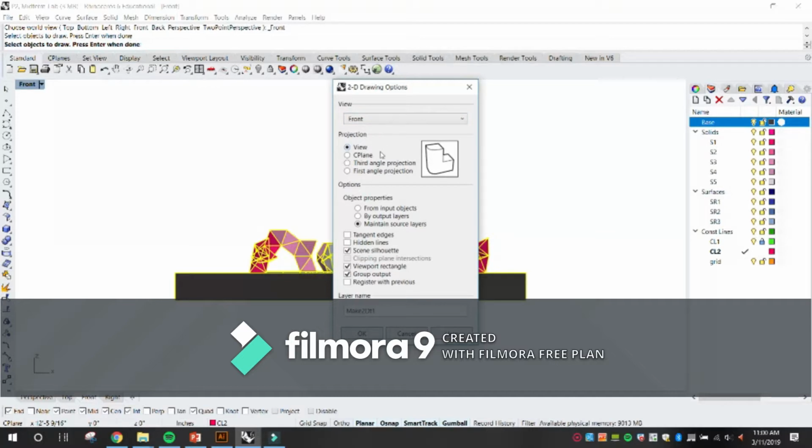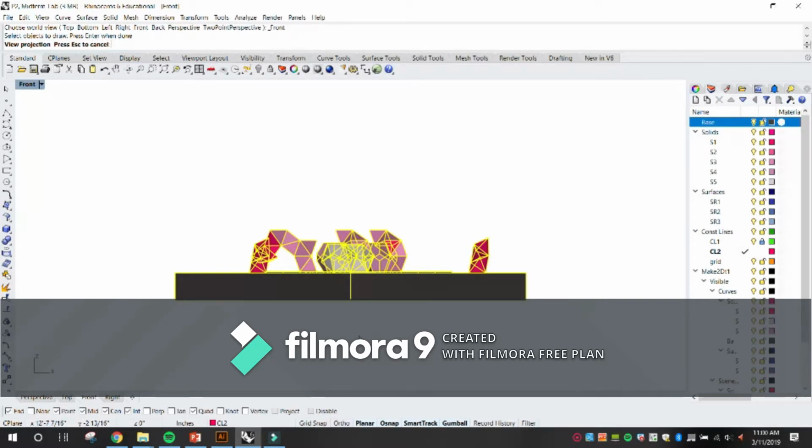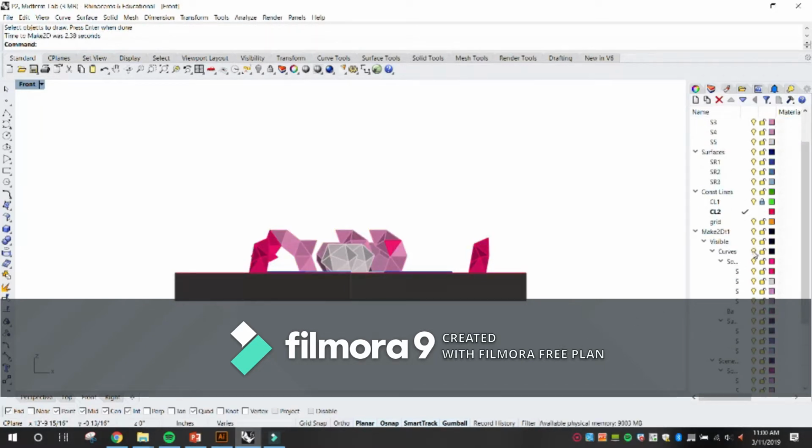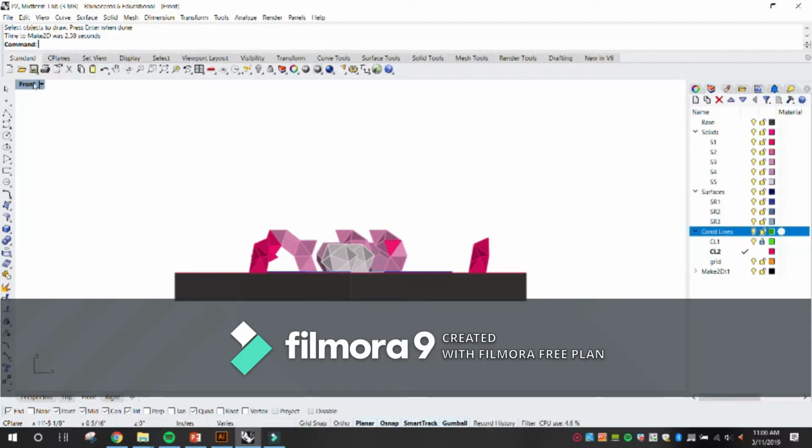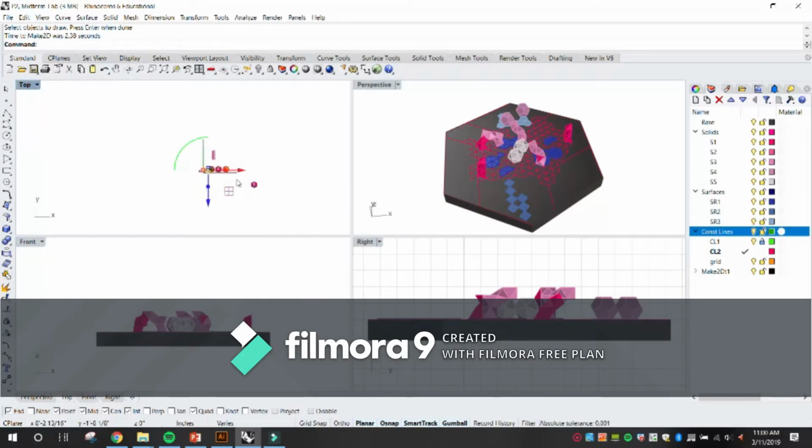Okay, hidden lines, let's not do hidden lines for right now, and let's just do okay. Now it created all these layers right here. These are the make 2D layers. I'll talk about that in a minute, but more importantly, before you do anything else, you gotta make sure